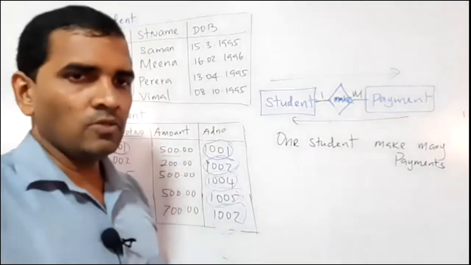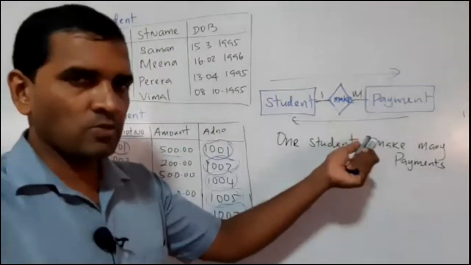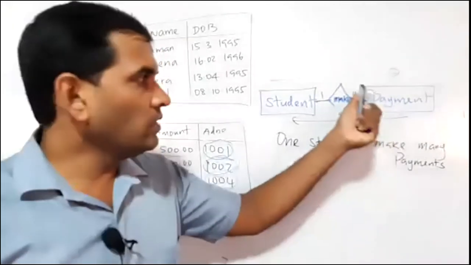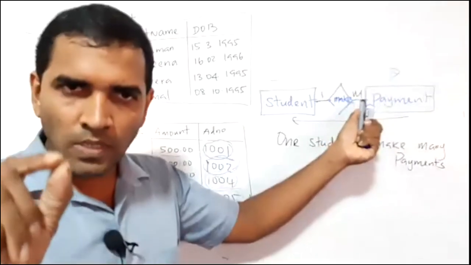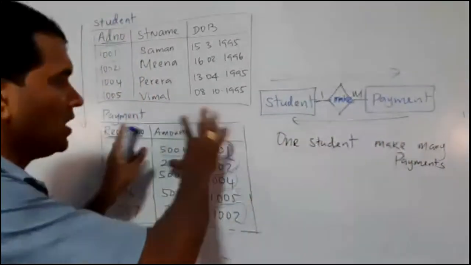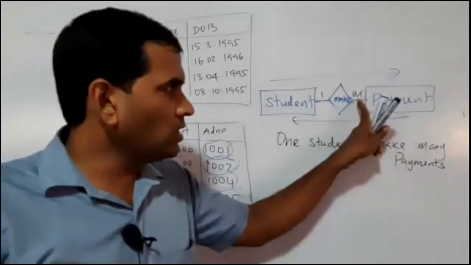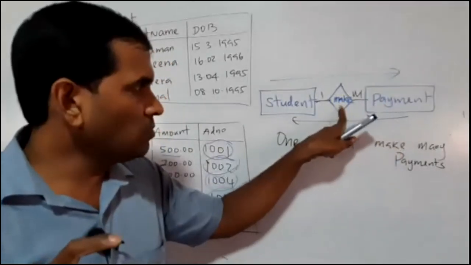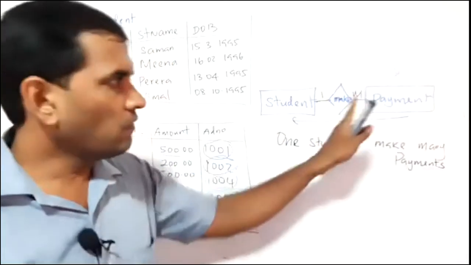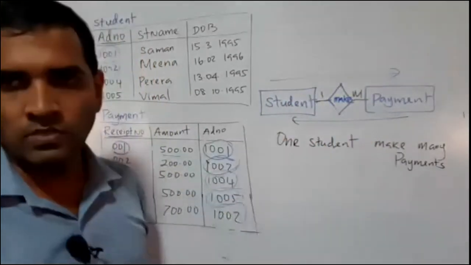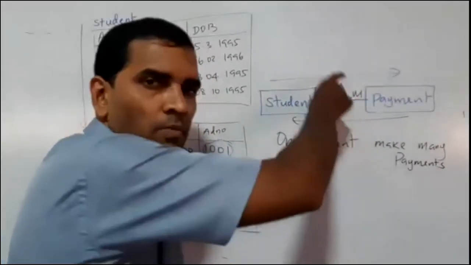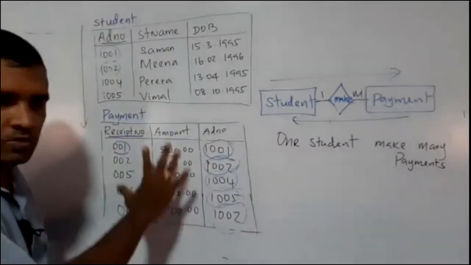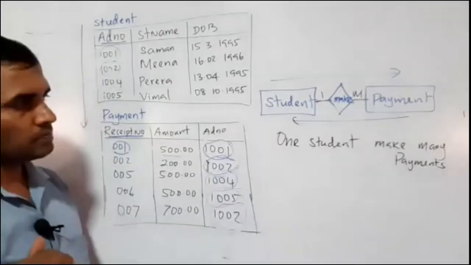That is different. Like the last student said, one payment, even though it is many, take it as one. I will explain with the help of this table later. Even though it is many, you have to start as one. So one payment is made by one student. It shows as many, but even though it is many, take it as one, and I will tell you the reason here. Listen to me carefully.